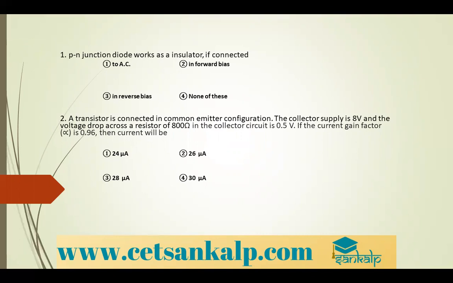A PN junction diode works as an insulator if it is connected to reverse bias. If it is connected to reverse bias, then you can say it works as an insulator. Next,